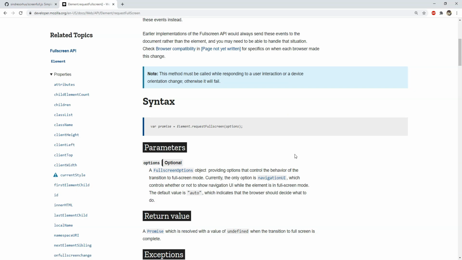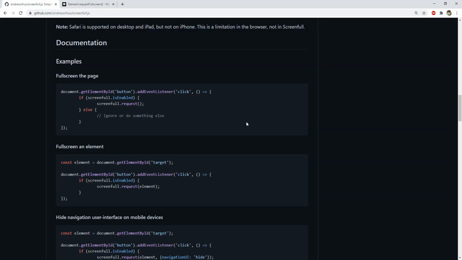The main problem with the inbuilt approach is its usage. It's hectic and we have to check for this API's availability in different ways for different browsers. Same is the case with using the inbuilt function. Different function names have to be used in different browsers, at least at the time of recording this video.